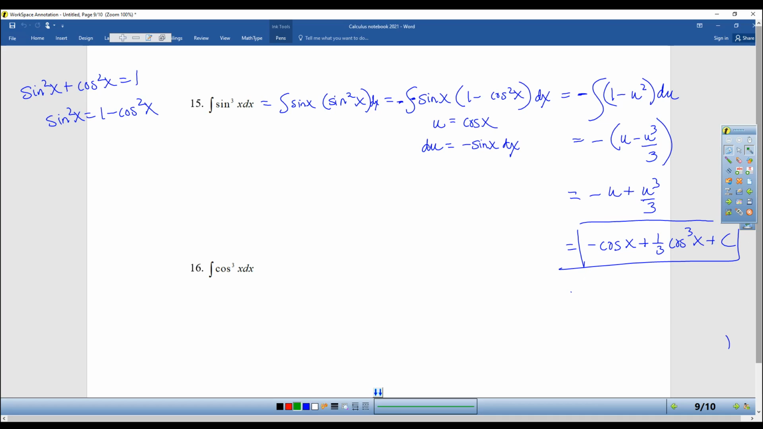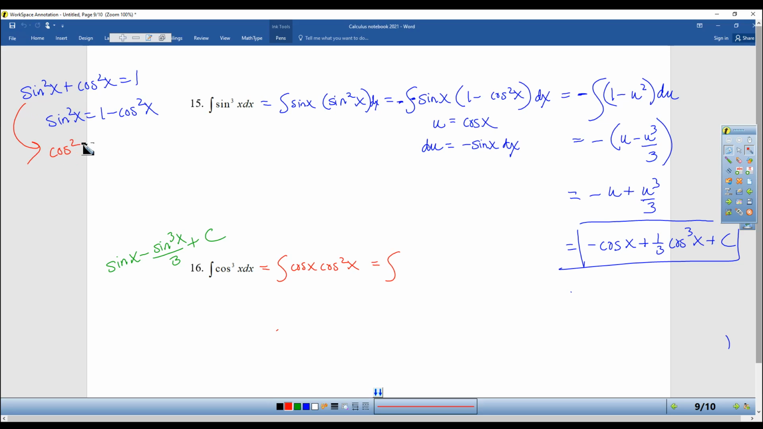I will write down the answer for the next one, which is extremely similar. Sine of x minus sine cubed x over 3 plus c. All right, and I will do this one slightly differently so that you have options, and hopefully one of the ways will make sense. But the first step is the same. I'm going to change it to cosine times cosine squared. And then using the same rule up here,